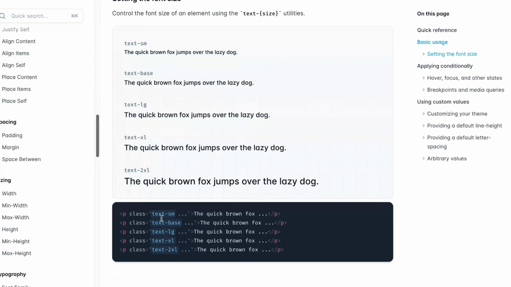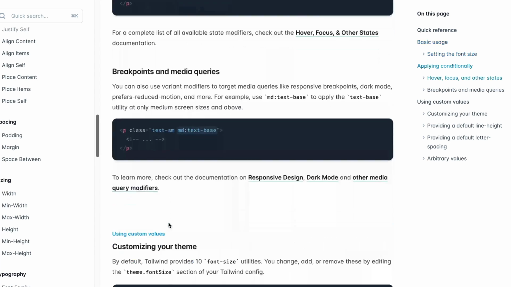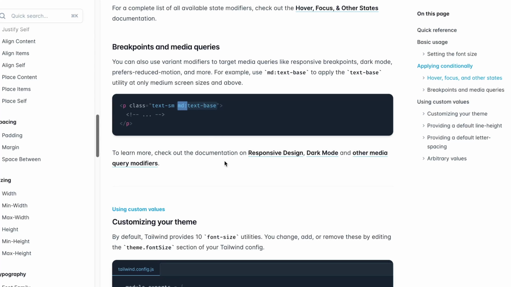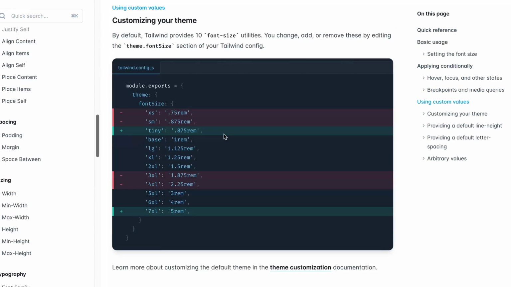Then they just tell you how to use it. They give you an example. And then they tell you how to combine it with other states like hover or focus or whatever. And then you can, again, scope things to different media query breakpoints like medium or large, and you can, again, customize all those. But on whatever doc you look at, at the very bottom, they have a section on customizing your theme. Now, when we set up our Tailwind project, like any Tailwind project, it needs to have a Tailwind config file,